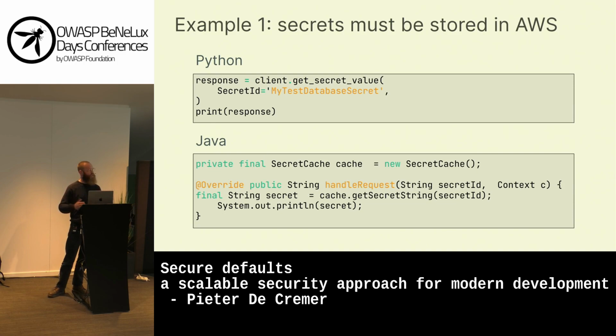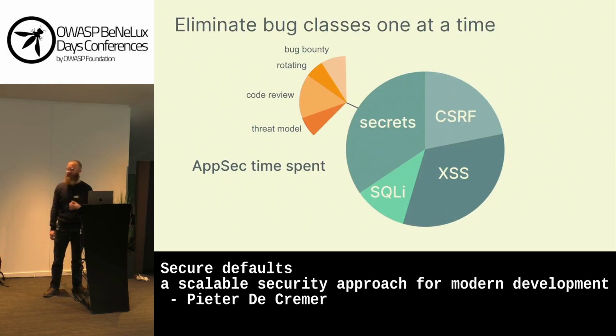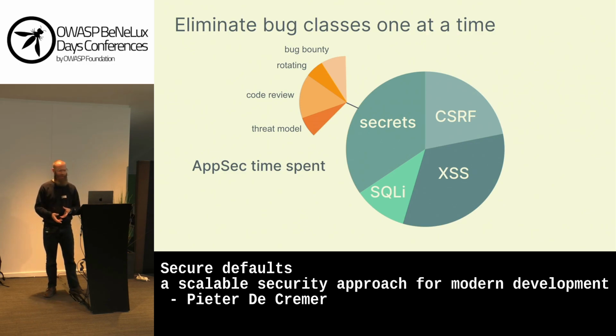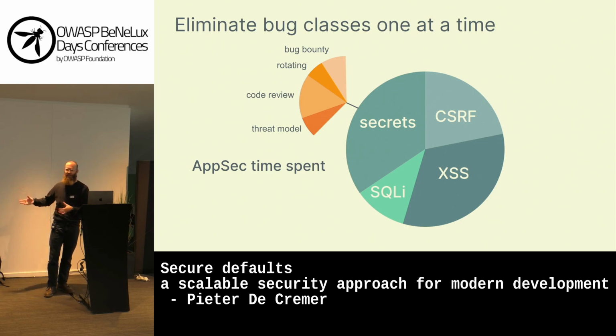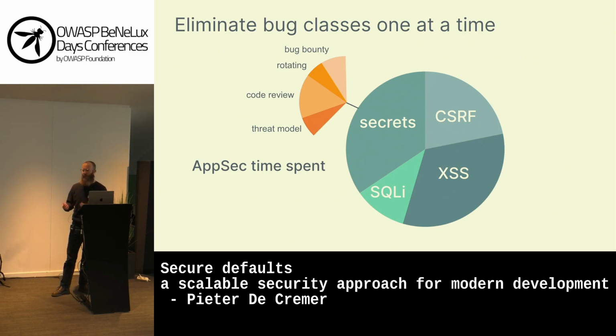There's a bunch of standard ways to interact with the AWS Key Manager. And while you used to be reviewing different solutions, maybe your Python devs were storing it in OS environment variables, and your Java devs were using an exotic library, it used to be that your security team needed to research all these things. Every different project has a different solution, and they might be doing it correctly, but you're still spending time figuring it out, maybe testing, maybe looking up other people's evaluations of these libraries and so on,